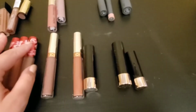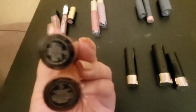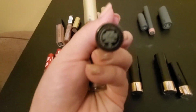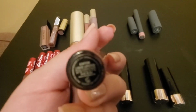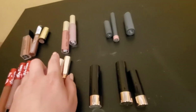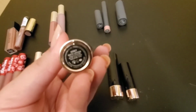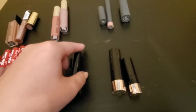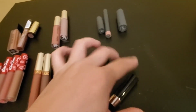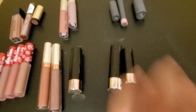The rest of them are actually Anastasia Beverly Hills. I have 2 matte liquid lips. One of them is in the shade Sepia, this one right here. And then the other one is in the shade Ashton, or I might have mispronounced that. So that's what that looks like. And then the last 3 that I have are the regular matte lipstick. This is in the shade Honey. I got Spice right here. That's what that looks like. And in the mini size, I have the shade Ruby. So that's what that looks like. So these are all of my